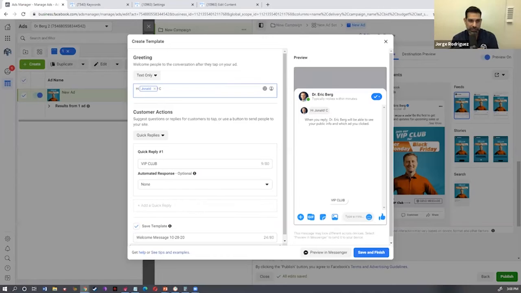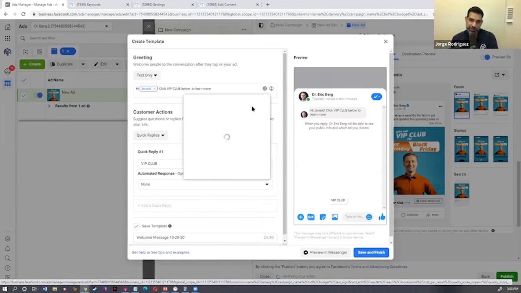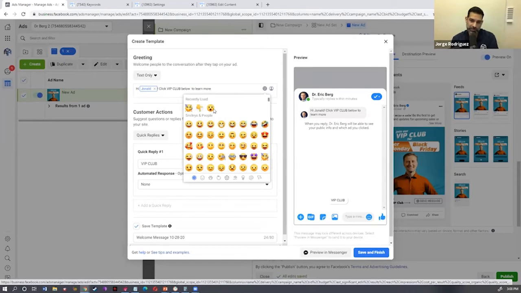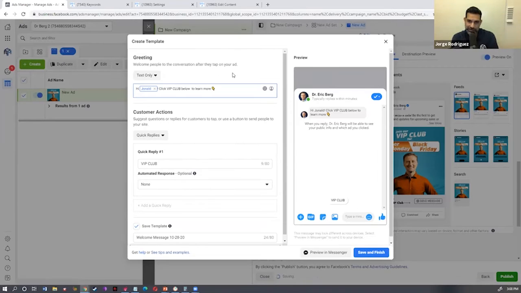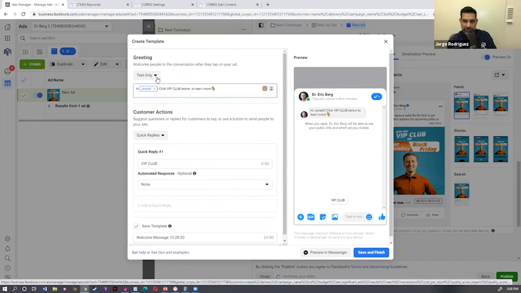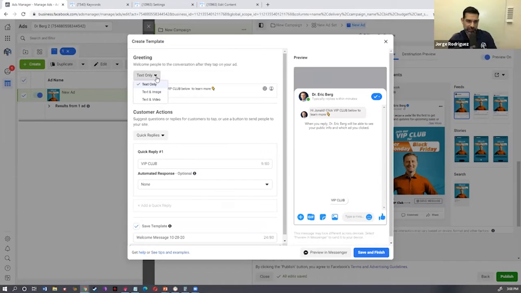And you always want to include a pointing finger or an arrow pointing down. Because when you open this on your phone, the VIP Club quick reply is going to be all the way at the bottom, and the message, just like it shows there but even more exaggerated on your phone, is all the way at the top. So you have to give them that call to action. And that one little thing, when we started doing that, we got a lot more conversions out of people.